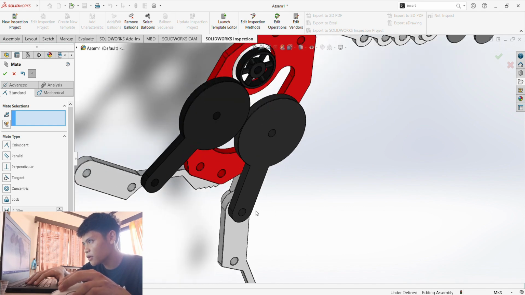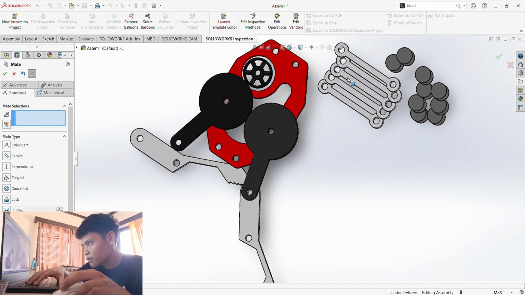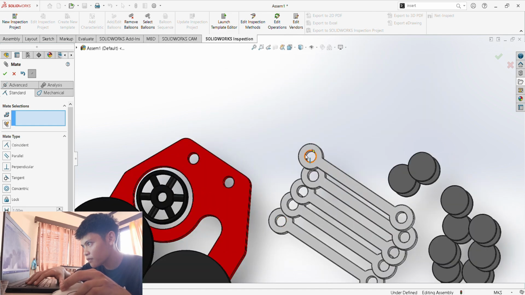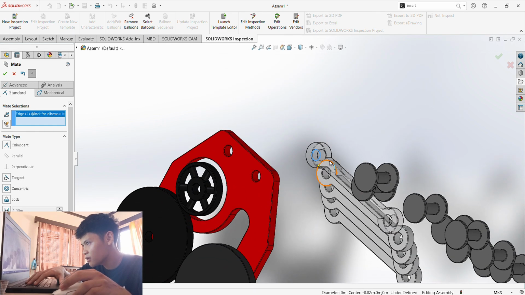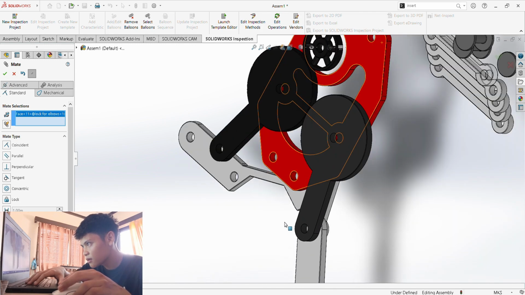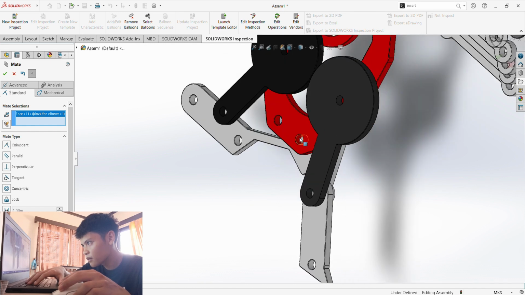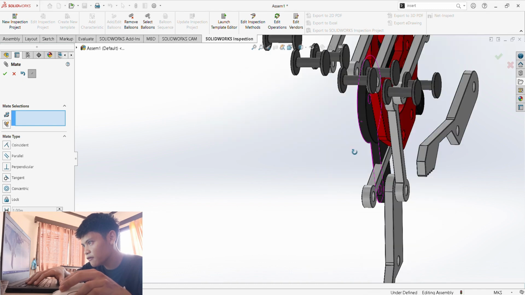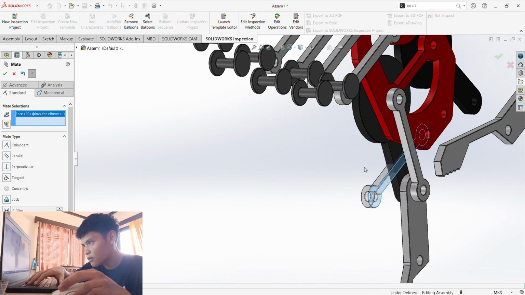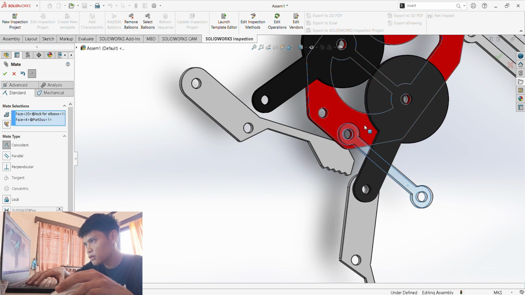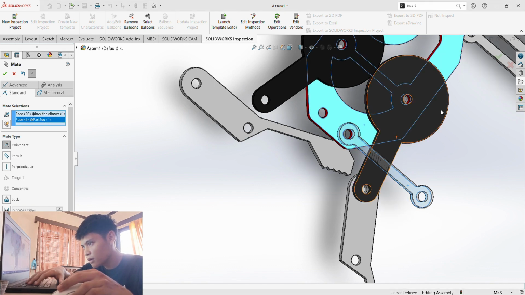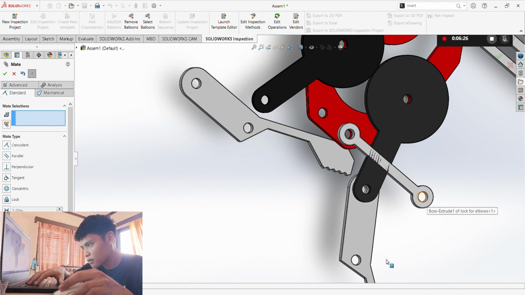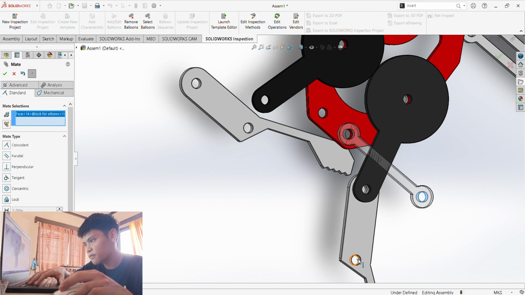So next we have to use one of these gear selections, the cylinder, make it concentric with this one right here, then check, and the surface of this one with this one, check, and this one with this one.